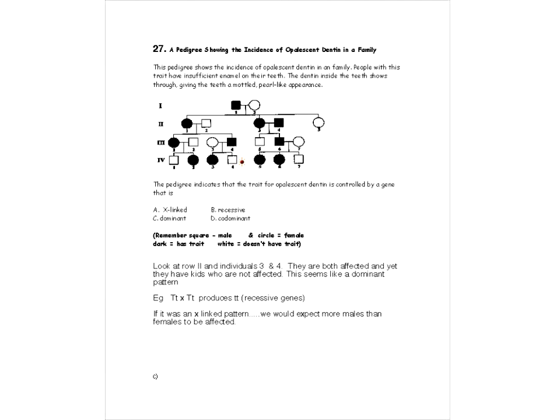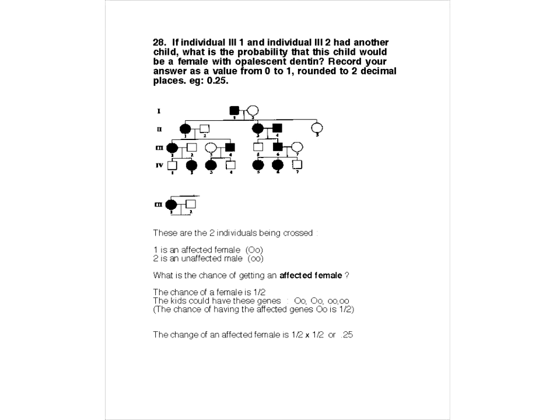So that's what you can do for these types of questions, is just test out and see what the different possibilities are, if they make sense for each type of pattern. All right, so now we're talking about two individuals within this family tree being crossed. And the ones we're talking about are these two here. Okay, so we've got an affected female and a non-affected male.